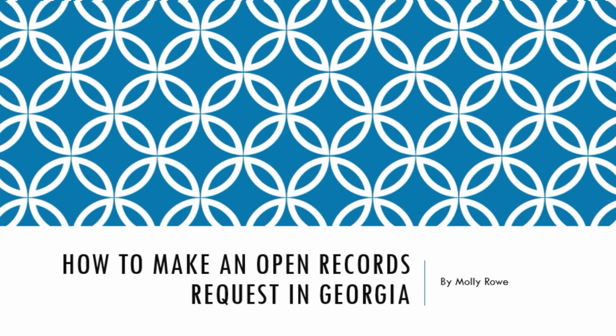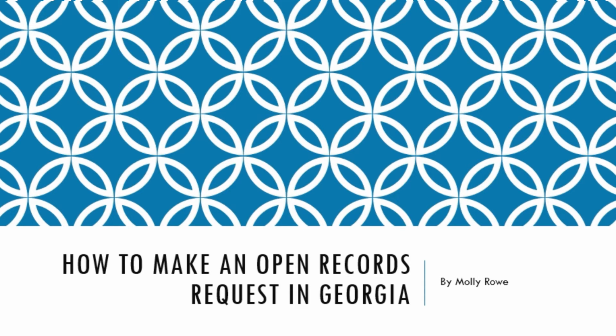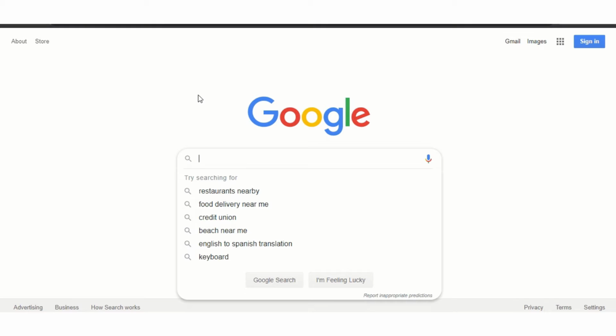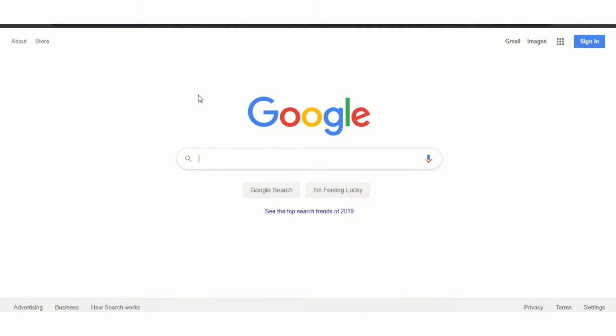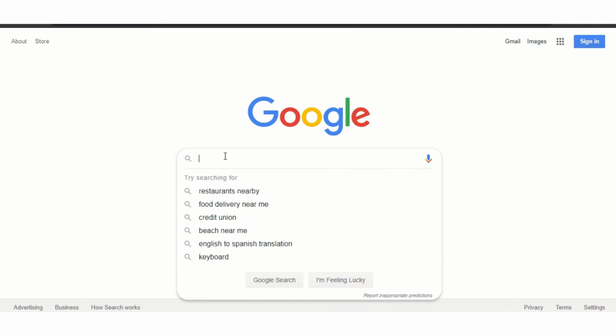All of the public records in Georgia can be requested in the way that I'm going to explain, but I am going to give you a specific example with Tybee Island. The records request falls under the Open Records Act for Georgia. If you do a search for Georgia Open Records Act,